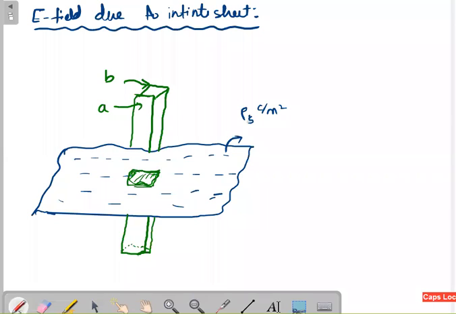Anyway, you know the surface charge density, then you should know this area. This area is equal to this area, A and B. So what is the charge enclosed? In the imaginary surface, what is the total flux? This is the flux that will be coming outside this imaginary surface. So total flux is equal to total charge, double integral of rho s